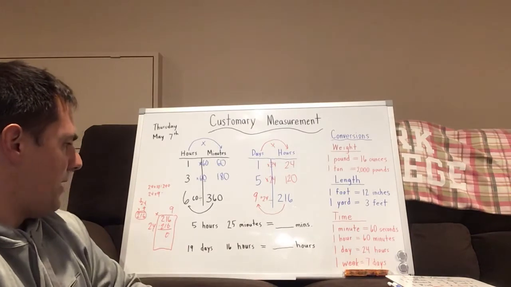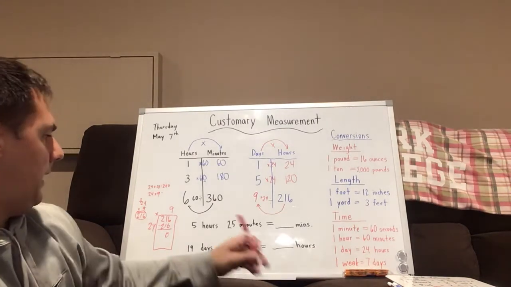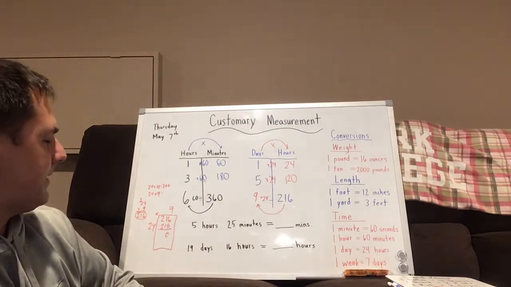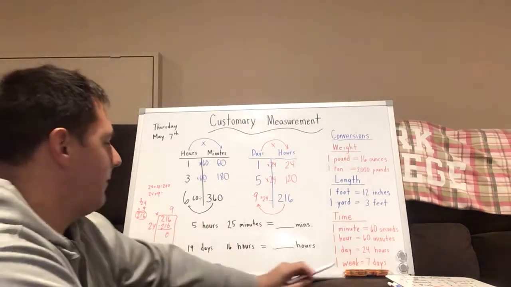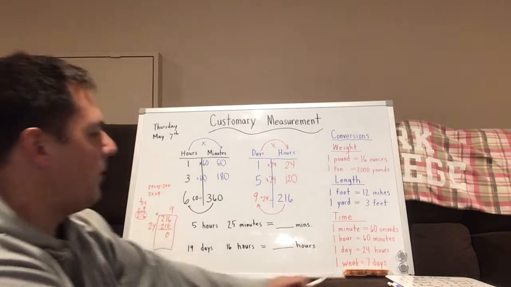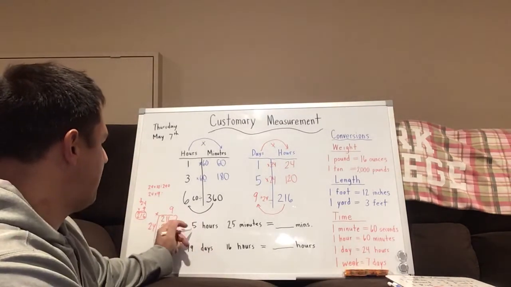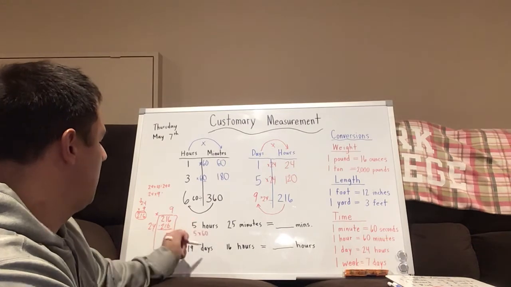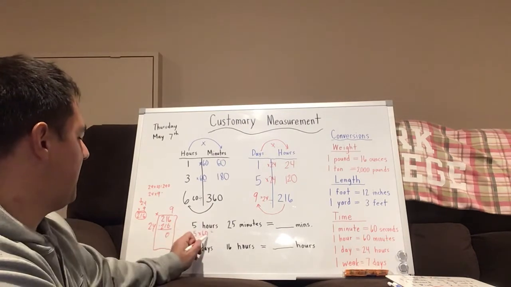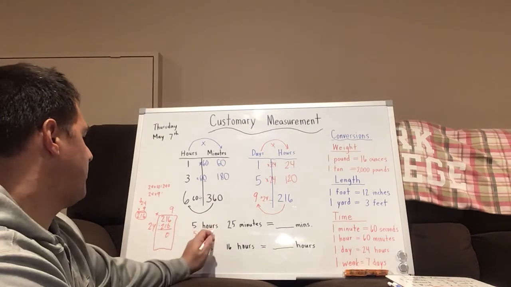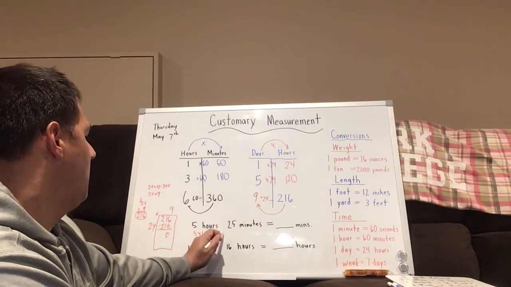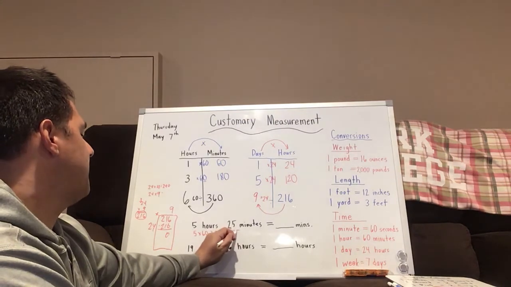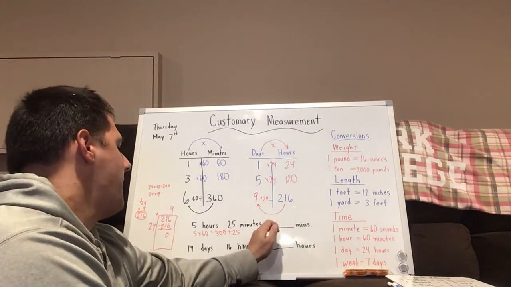For our last two problems down here at the bottom today, again, I have some hours and I have some minutes, and I want to figure out the total number of minutes. So I look at my conversion chart. I know that 1 hour is equivalent to 60 minutes. So I'm going to take 5 hours, and I'm going to multiply it by 60. Because it has a 0, I can just do 5 times 6, which is 30, and add a 0, so I know it's 300. We're going to add the 25 minutes that were already there, and that will be a total of